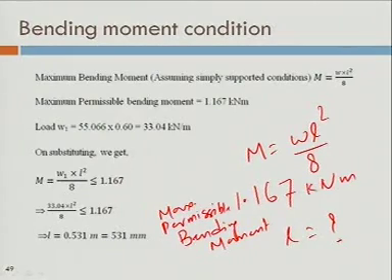Yes, what are you getting, my friend? The value of L? Okay, can you find out the value of load W here? Load from how much area would be coming onto this yoke?